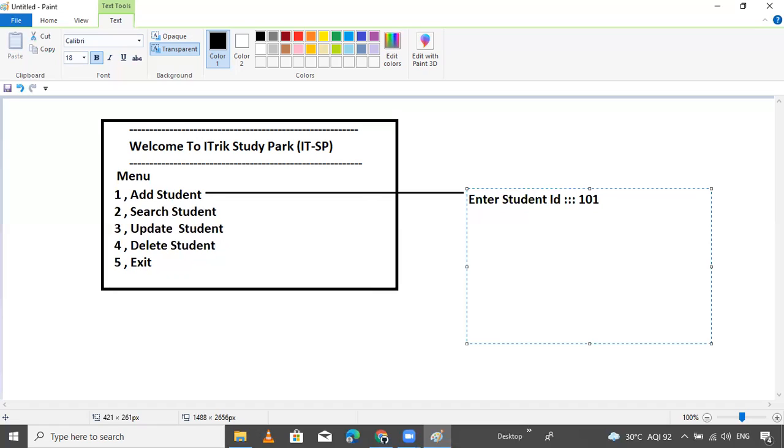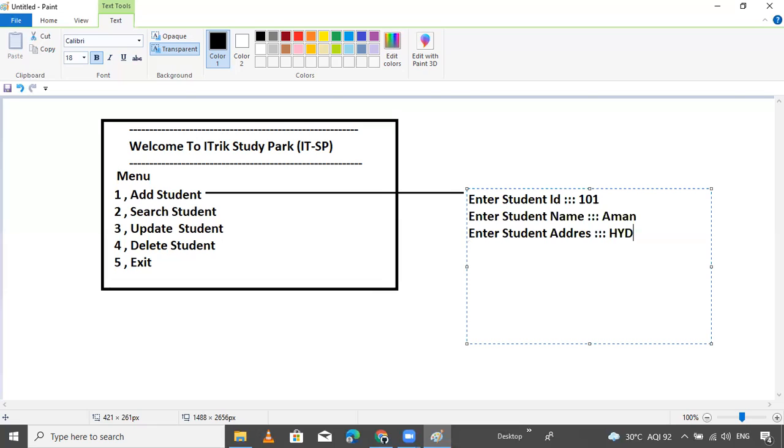On the same line, I will see it. Hit enter, then again it asks enter student name. If you enter Aman, hit enter, then next it will ask enter student address, like Hyderabad.